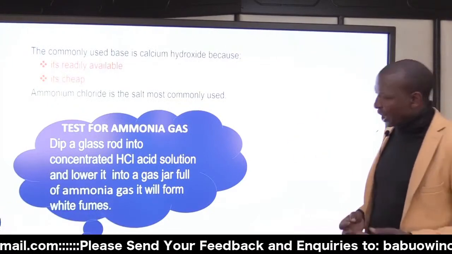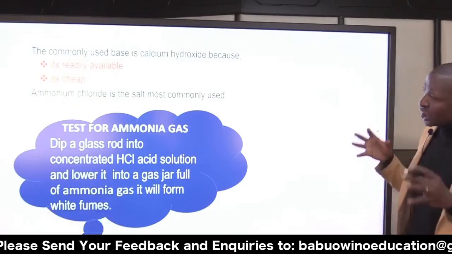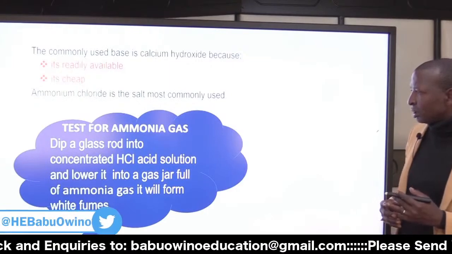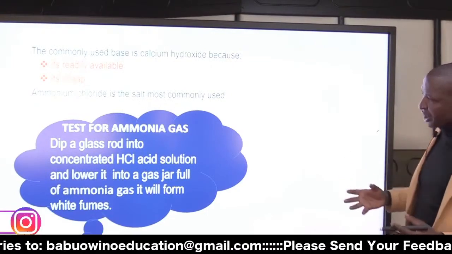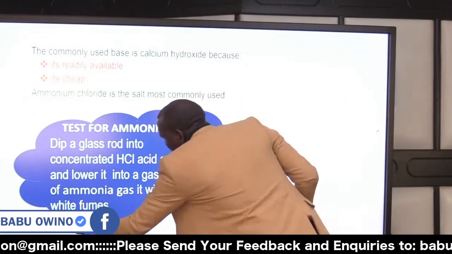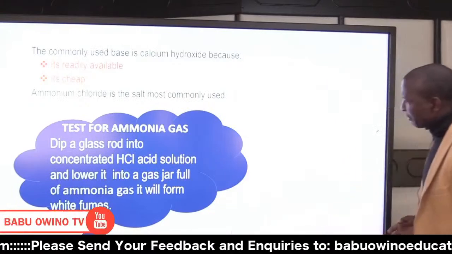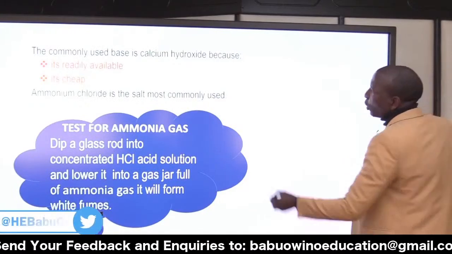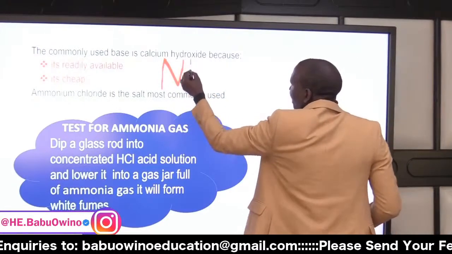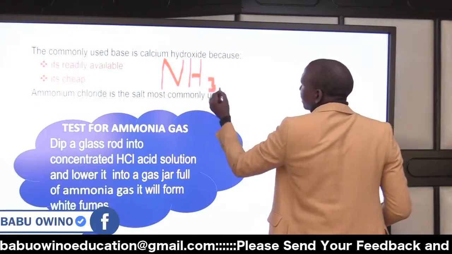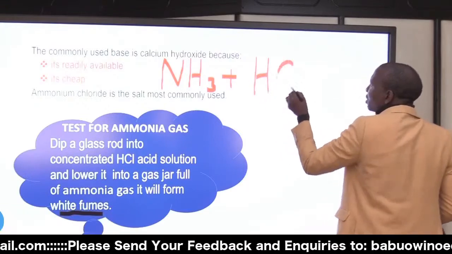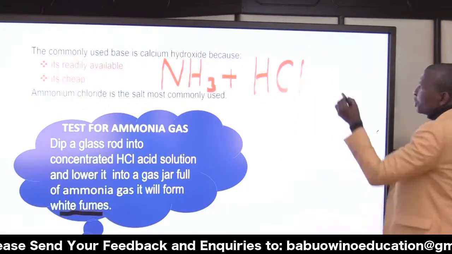Let's look at the test for ammonia. You dip a glass rod into concentrated hydrochloric acid solution and lower it into a gas jar full of ammonia. It will form white fumes. So whatever we are saying here is, when you have ammonia and this ammonia gas is brought in contact with hydrogen chloride, then you get